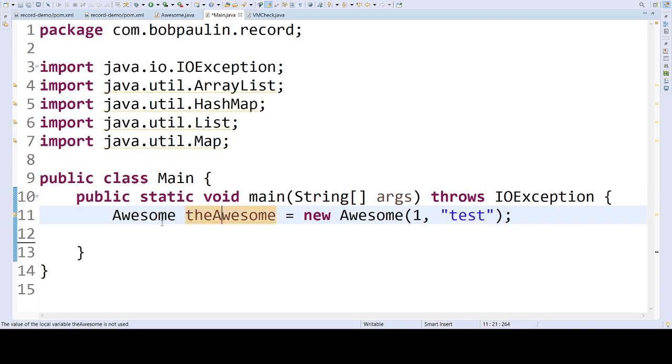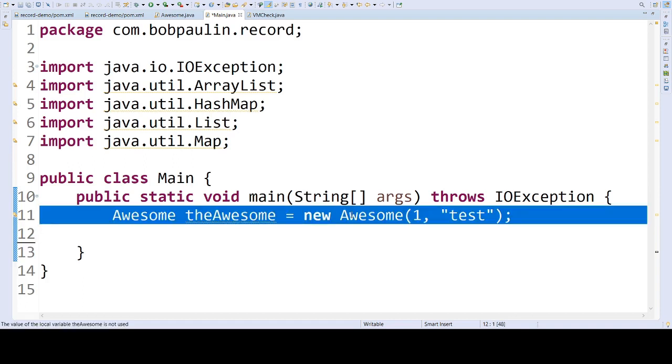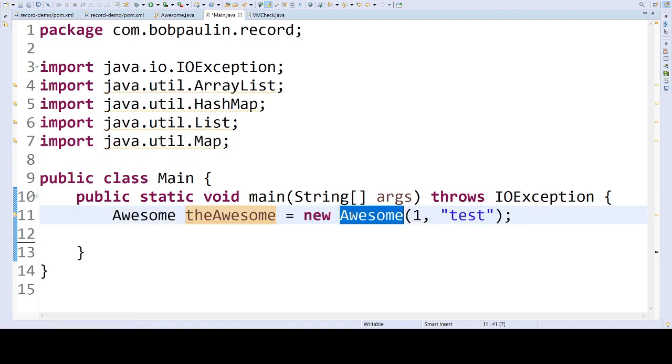So I have Awesome, and the awesome, which is the name of the reference that we're going to use, the variable, equals, and then I use new, just like I would for a class, Awesome, and then I pass my fields directly into the constructor. So far, it looks just like a class, right?